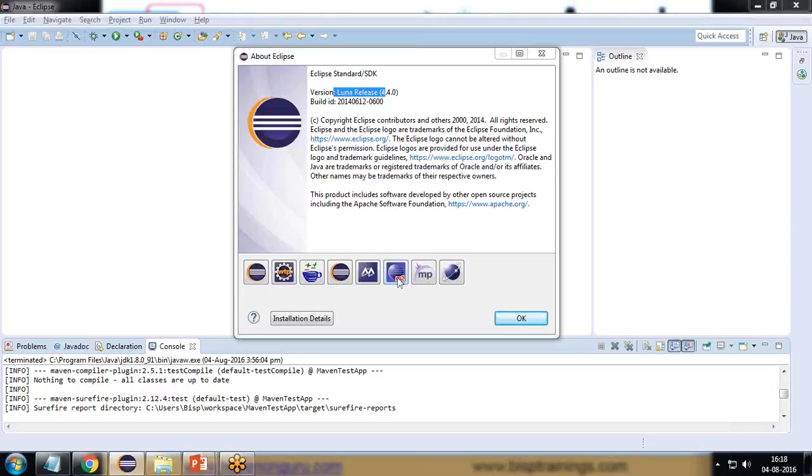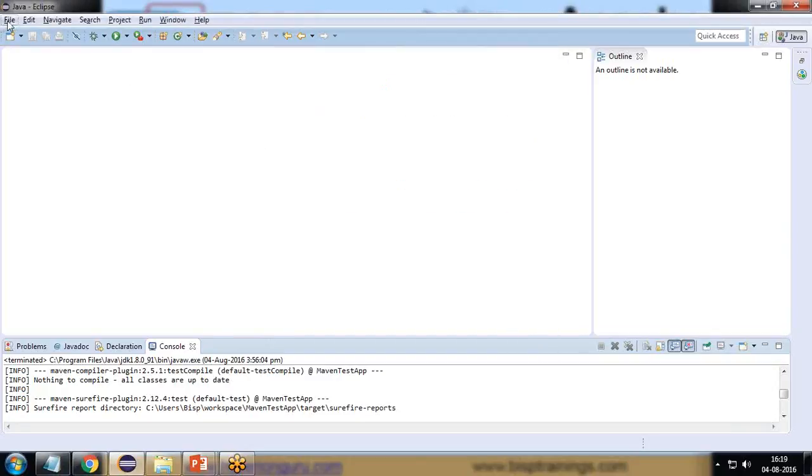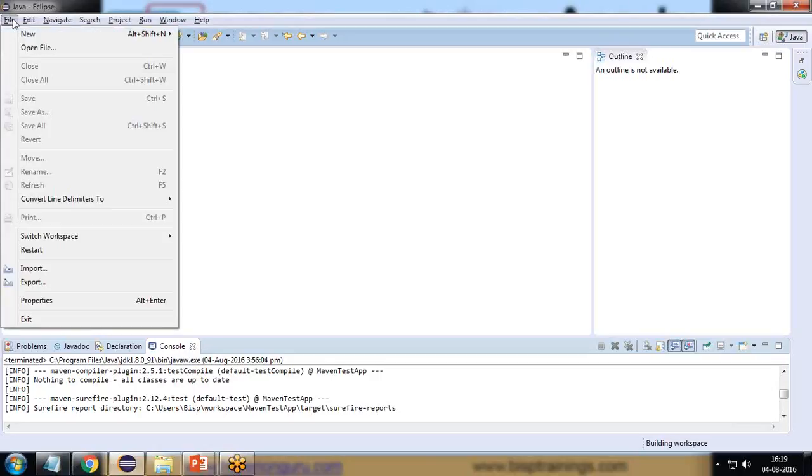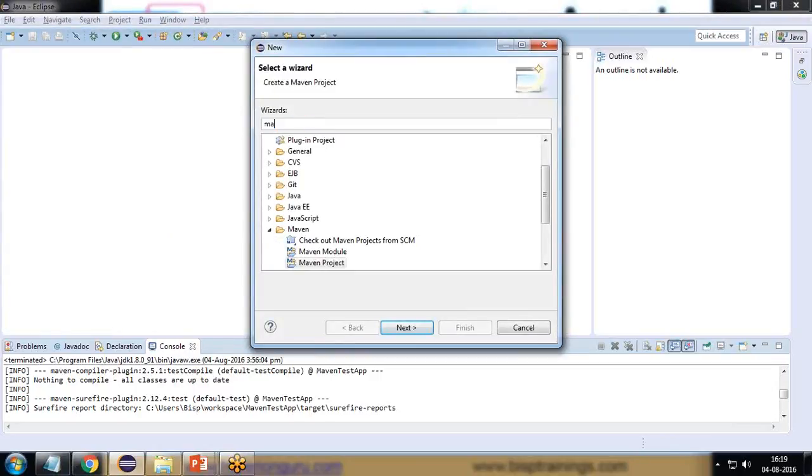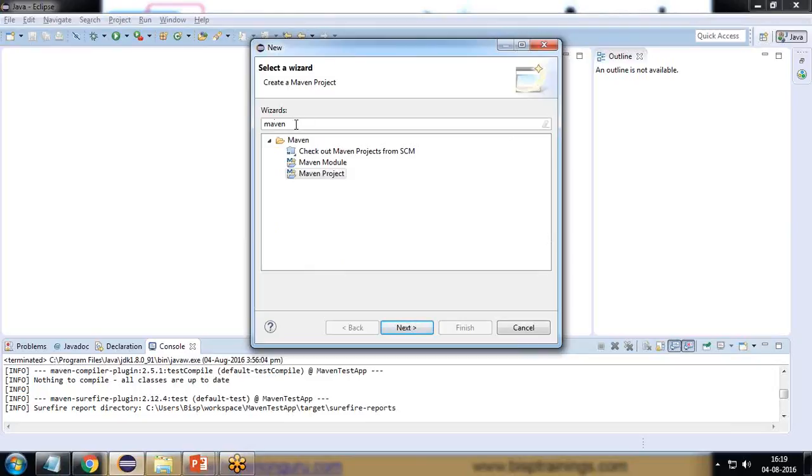If you are not getting this kind of option, if you are not getting Maven in your Eclipse, then first of all you need to set up Maven in your Eclipse. You can check whether Maven has been installed in your Eclipse or not. For that, you can click on File, New and Others, and in Others,